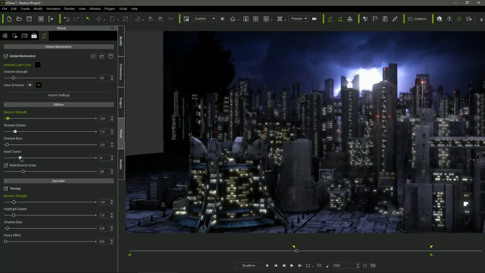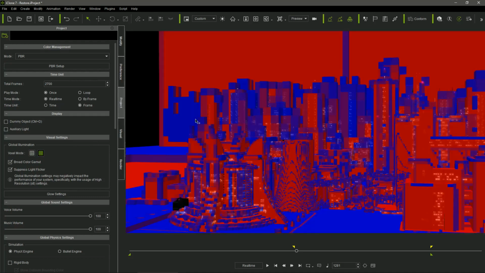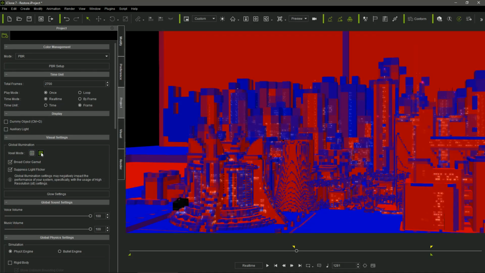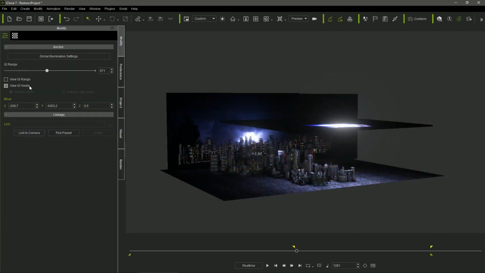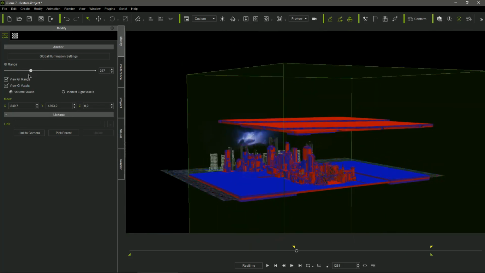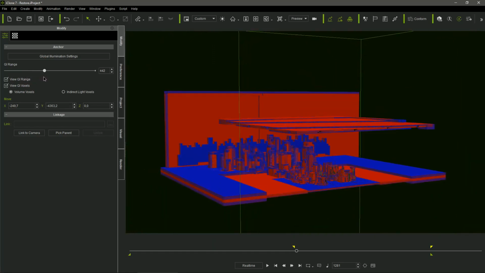I wanted a sharp illumination, and the more voxel cones we set, the more well-defined is the light emitted by the emissive materials. For the same reason, it's important to change the global illumination voxel mode to high resolution in the project settings window. It is also important in big sets like this one, where I had to redefine the anchor settings, augmenting the GI range, being sure that all the elements of the scene are affected by the GI